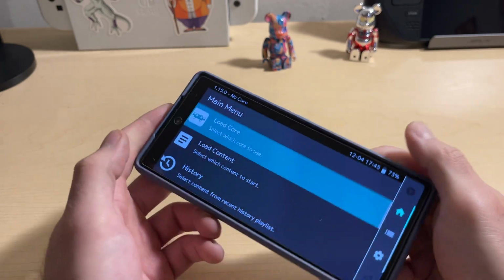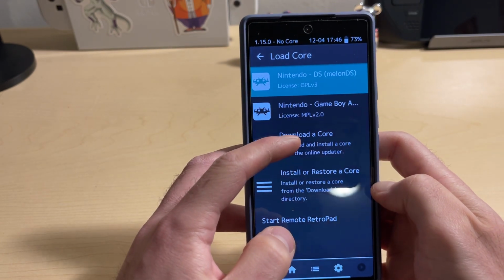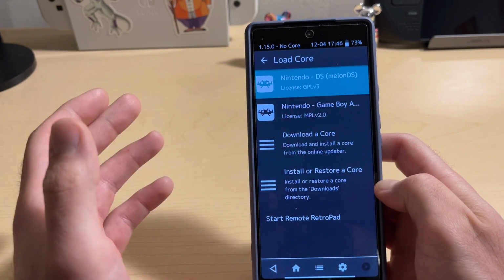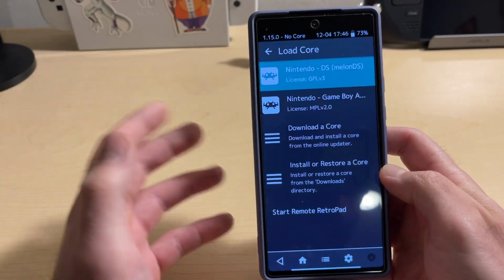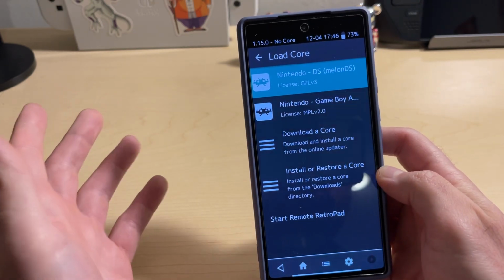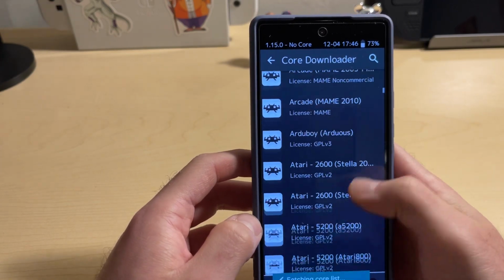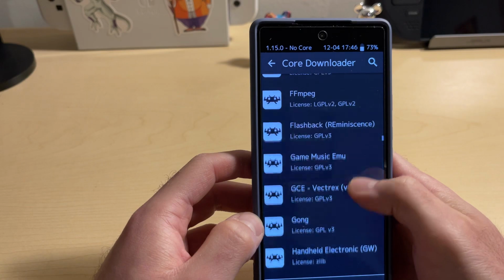Now, the good thing about the core options when you go to download core is that not every emulator will work the best for the device you're on. Because Android devices are varying in how they're built and the processes they're using, one might run better than another. So, for example, just talking about GBA right now, if I go down to GBA,